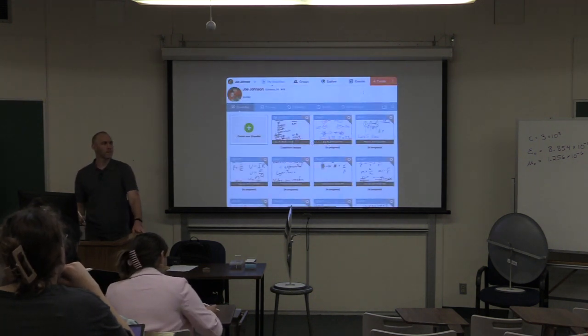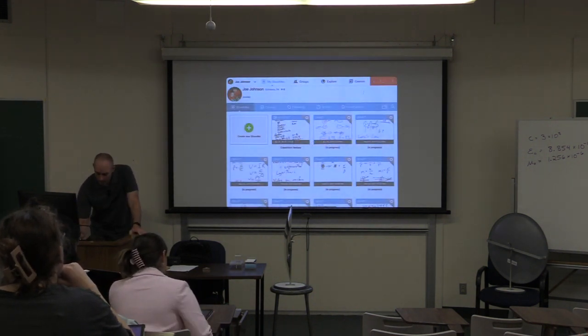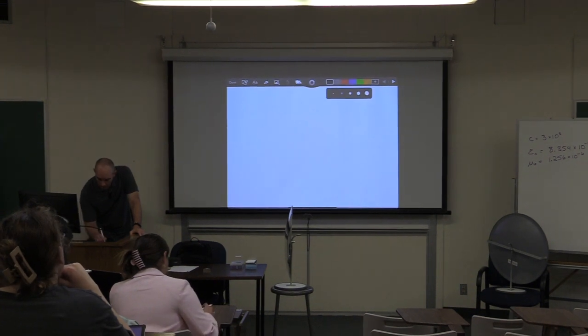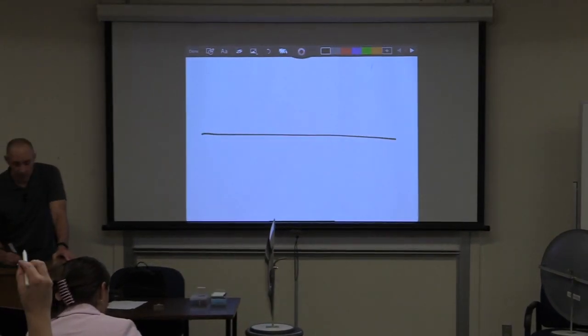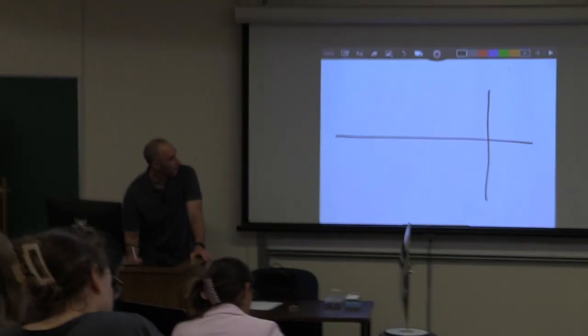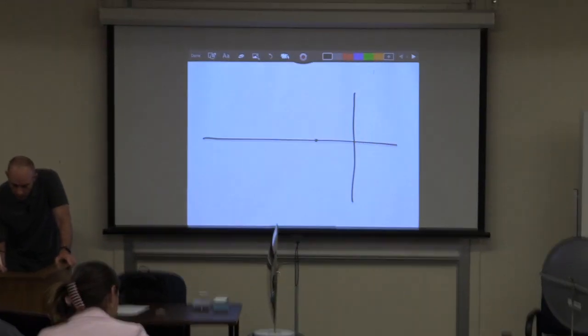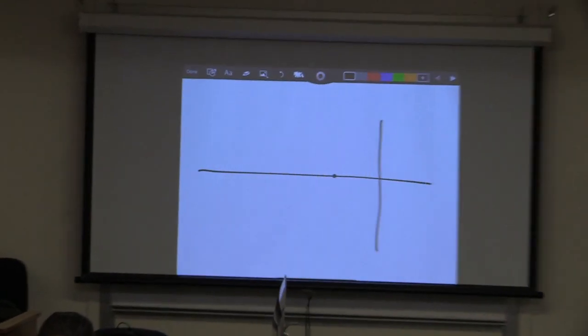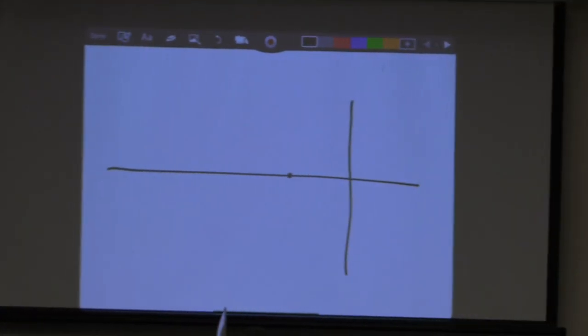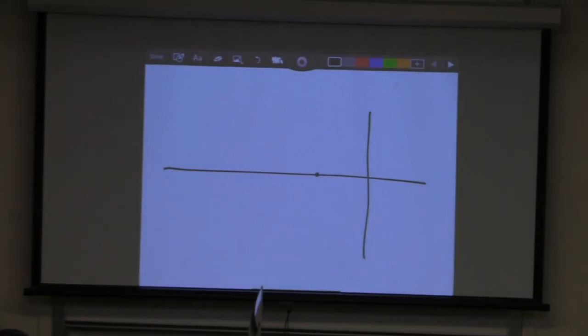So let's do a little bit of an experiment. We have our axis for the mirror. We have our concave mirror. We have a known focal length. We did a diagram for when the object is outside of the focal length. Let's put the object inside of the focal length and see what happens.